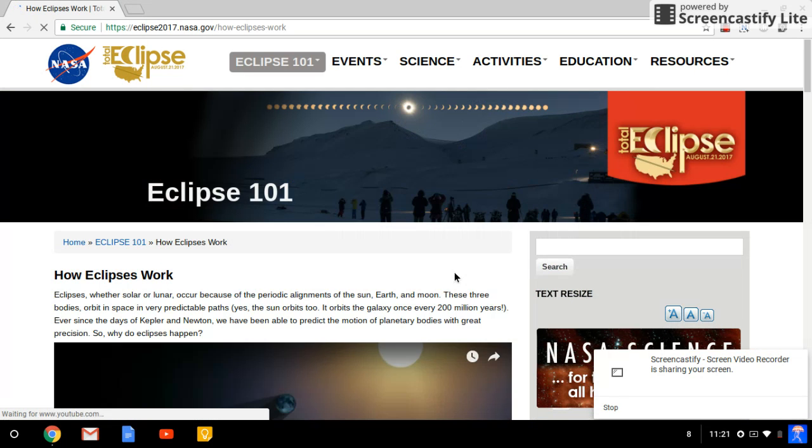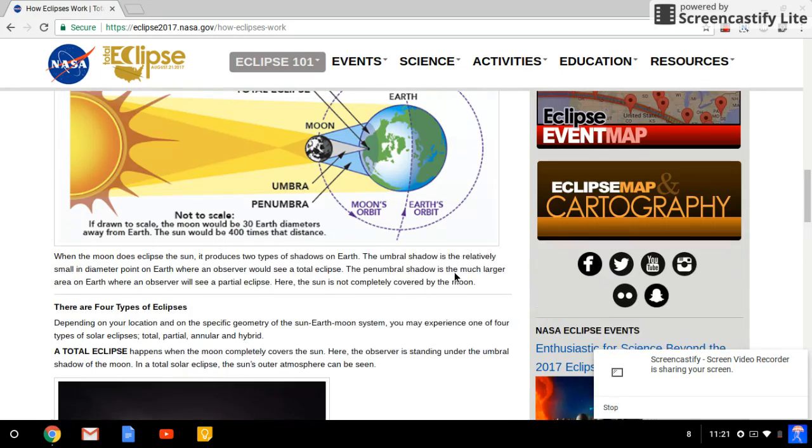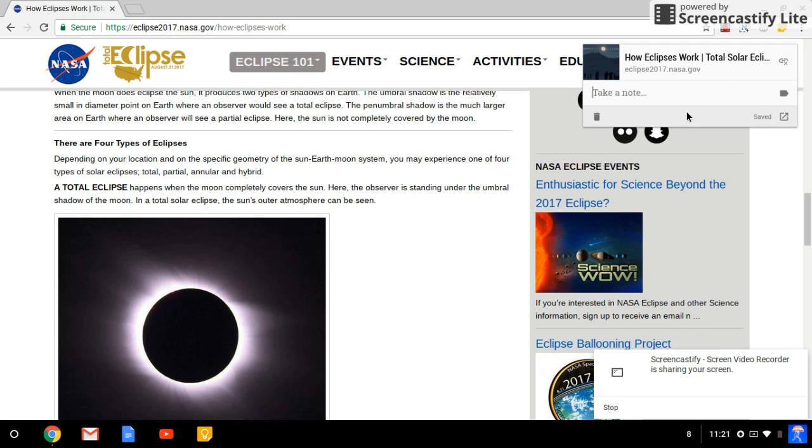And so maybe a student wants to learn more about how eclipses work. So they can start reading through here, and it gives them more information. It also tells you that there's 4 different types of eclipses. Maybe that's a note they want to take. So if they click on Google Keep, one really cool thing is it keeps track of your website address, so where you got the information from, and then the student might say there are 4 types of eclipses: